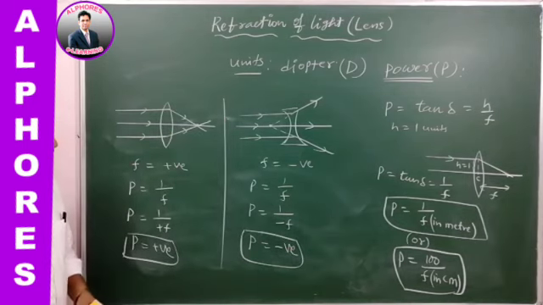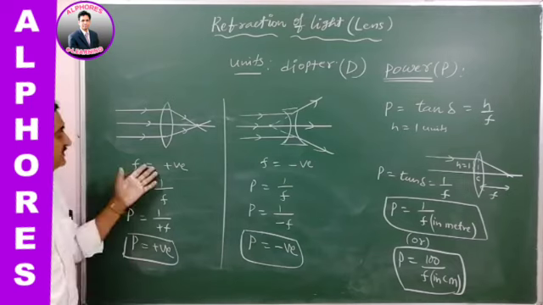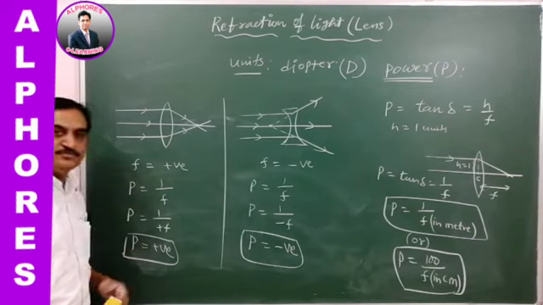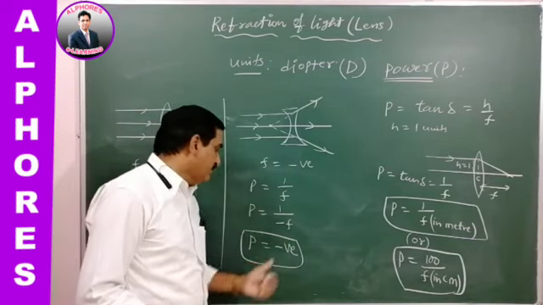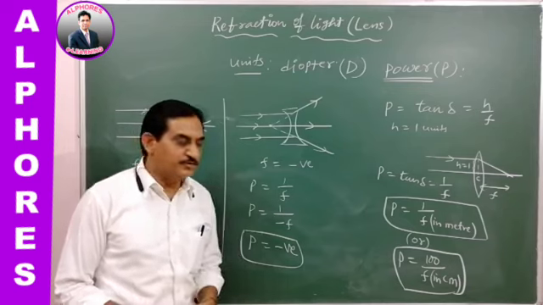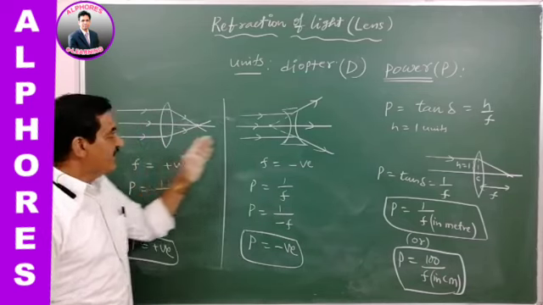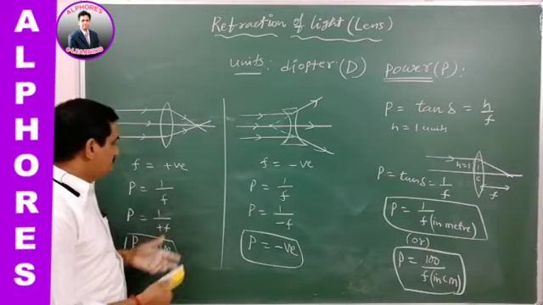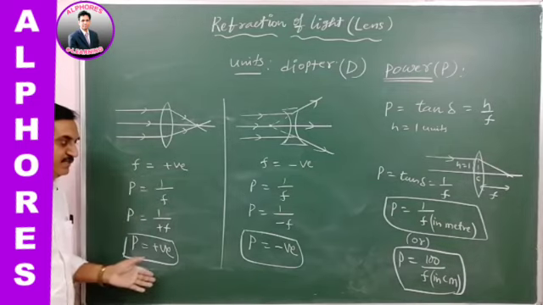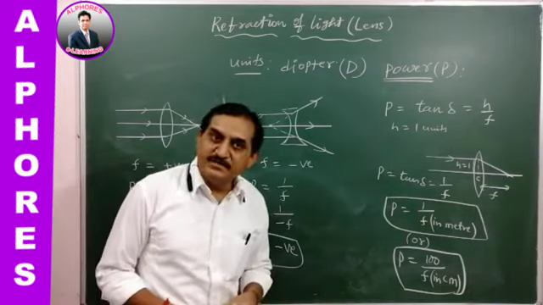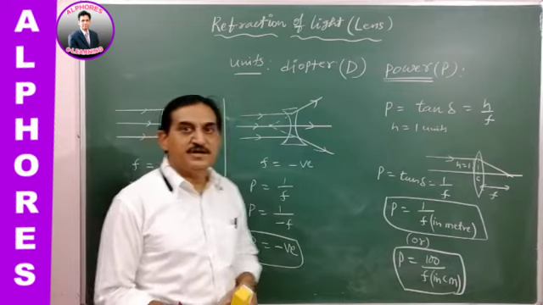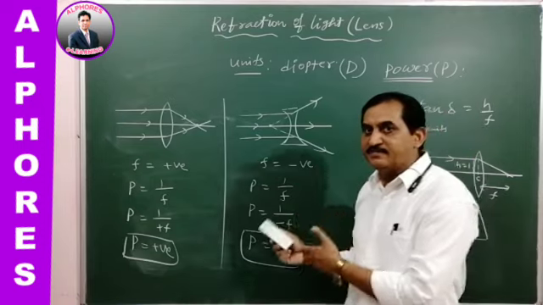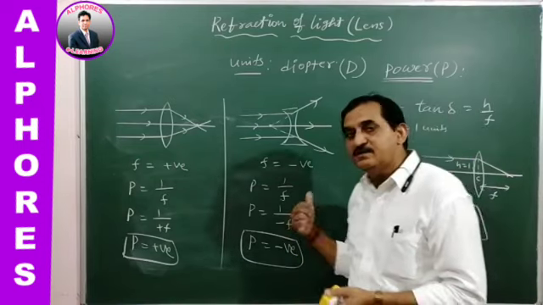So it is very clear. There are two types of lenses. One lens is converging the light rays. If it is converging in nature, its power is taken to be positive, and if diverging in nature, its power is taken to be negative. Therefore, for the convex lens and concave lens, both kept in air medium, we observe that the power of the convex lens is positive and the power of the concave lens is negative. In this way we can distinguish the powers of lenses converging in nature and diverging in nature, for the two lenses, convex and concave.